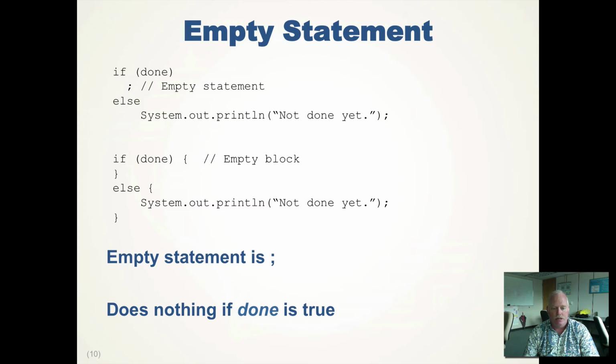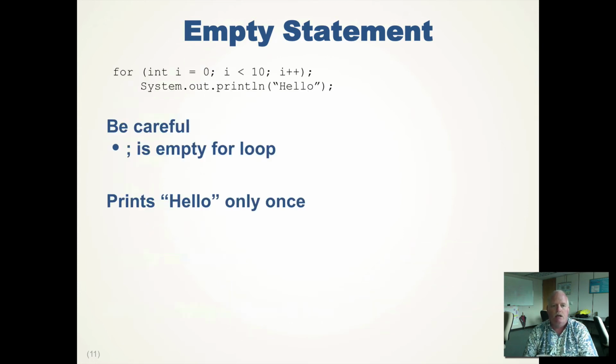Now, using the empty statements is dangerous. Statements using just a semicolon can be dangerous because take a look at this. For int i equals 0, i is less than 10, i plus plus, semicolon. So this is our for loop. We're counting from 0 to 10, actually 0 to 9, and it looks like we want to print out hello